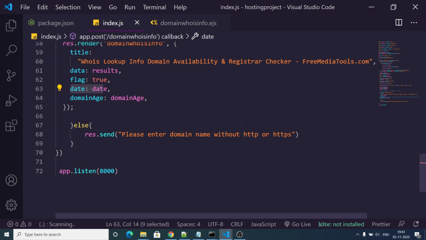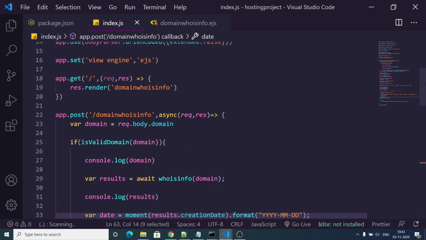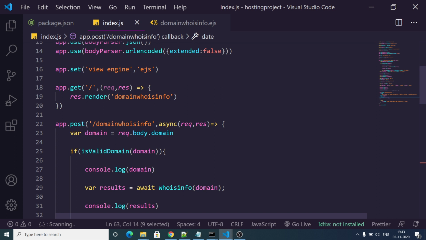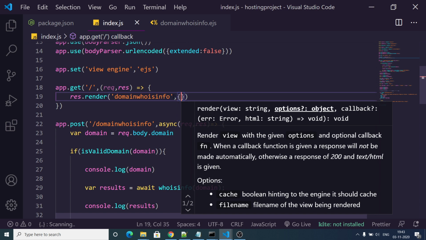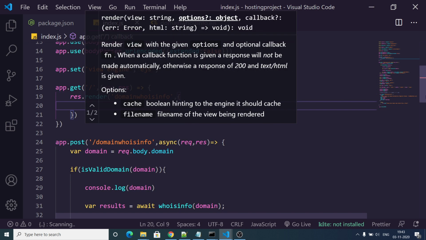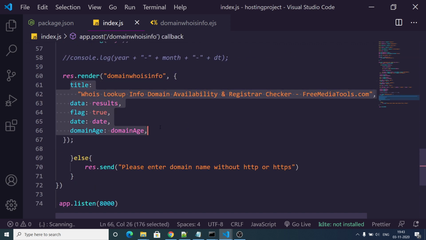So inside index.js, first of all, if we are opening the page for the very first time, you can see inside this get request we are not passing all these parameters, so we also need to pass them inside this set of curly brackets. Here we are passing the title as well. So I can simply copy this and paste it here.